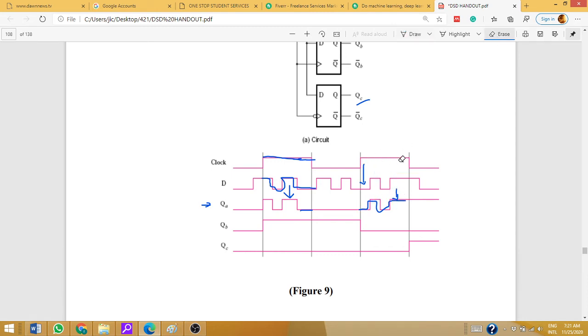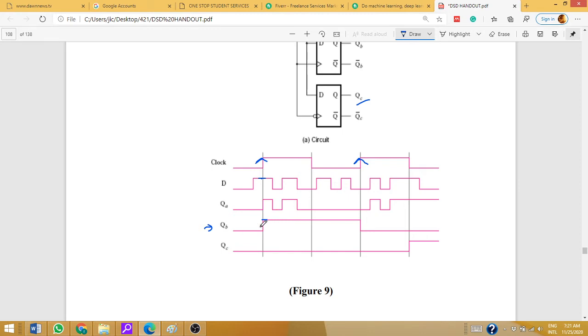Okay, now we are going to discuss the second, which is QB. What is QB here now? As we discussed, QB is the output of the positive edge flip flop. Positive edge means, is it? We should note down this thing here and here. So what is here now? If you see this positive edge, when it is high, what is on D? It is high now. So here it is high, is it?